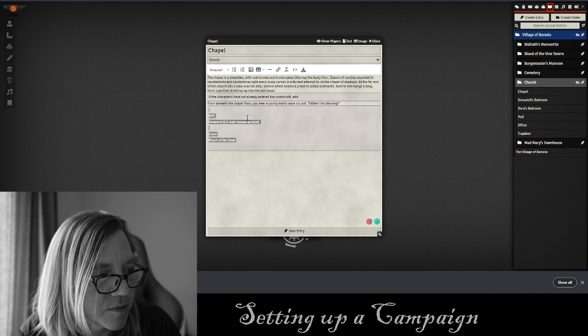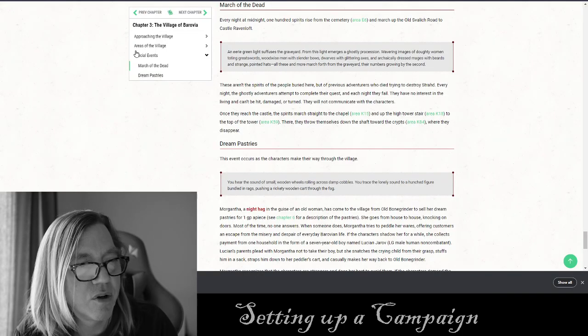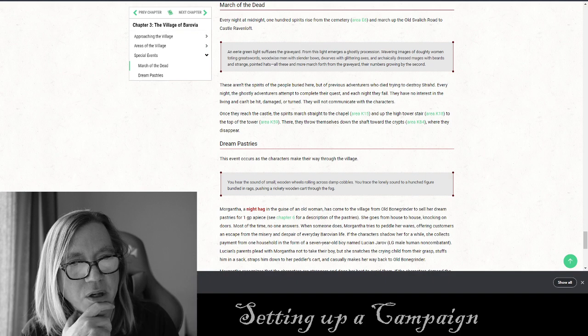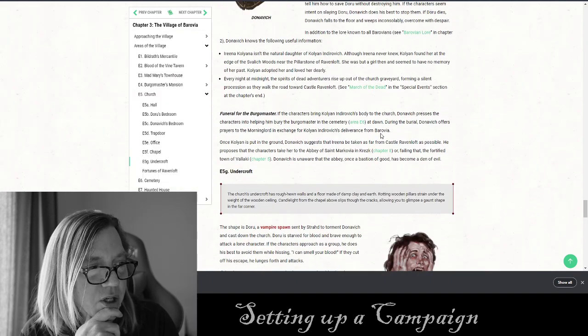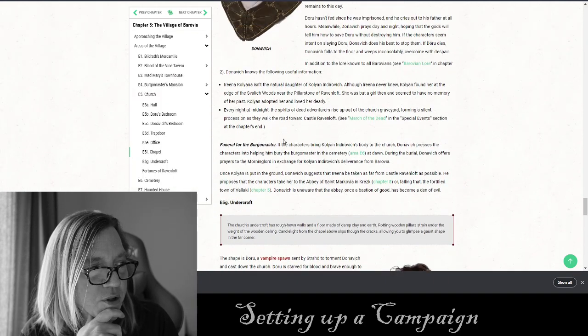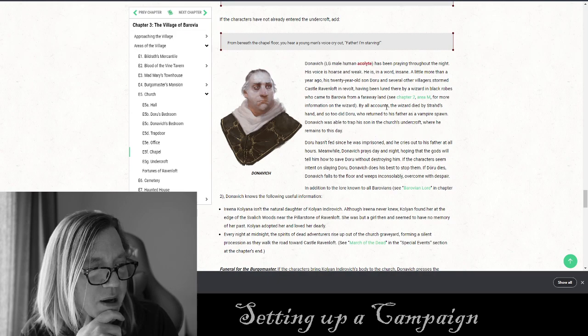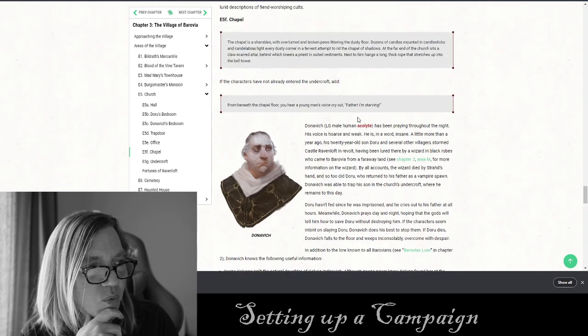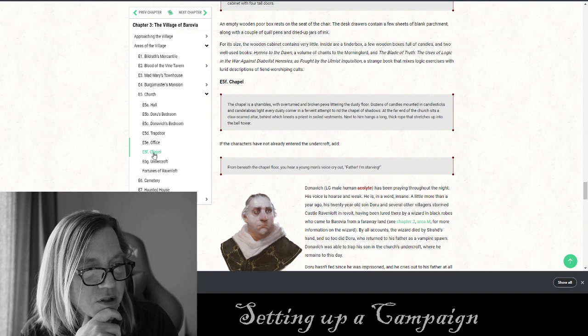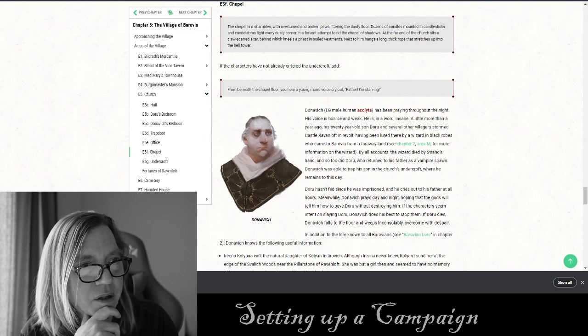There we go, custom secret. And the other thing I notice in here is there's some other stuff going on. There's the funeral for the Burgermeister. There's stuff about Irina. There's a bunch of stuff about Donovich as well. So what I'm going to do is click on this chapel link, and I'm just going to